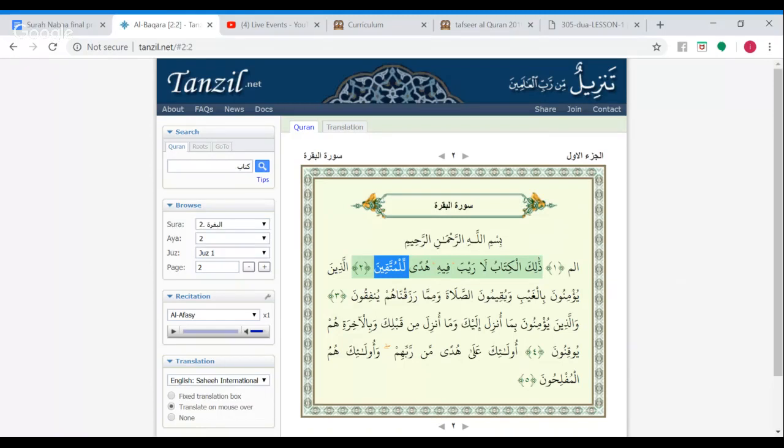So li, for sure, it means for here. Let's do al-muttaqin. What is going on with our al-muttaqin word? You know the word al-muttaqin. How do you know that al-muttaqin is majroor here? Al-muttaqin is actually the majroor form. How? Because muttaqin